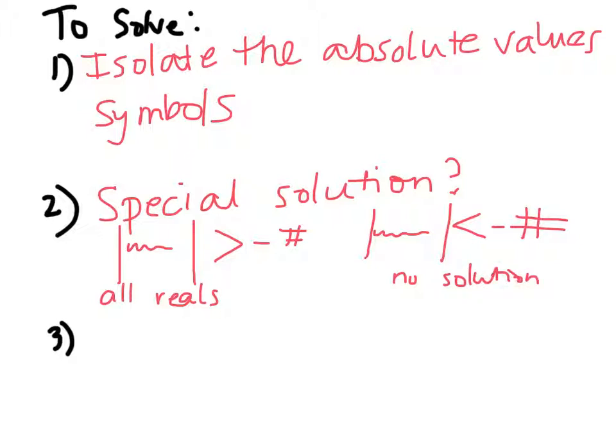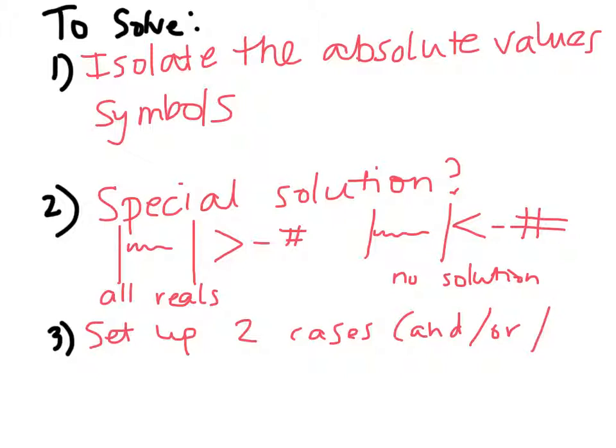And if it doesn't have a special solution, then we're going to set up 2 cases. And those cases are going to be either an AND compound inequality or an OR compound inequality. And so if we have the absolute value of something is greater than a positive number, we're going to set up 2 different cases, and the 2 cases are going to be whatever's inside of that inequality symbol is greater than 10,